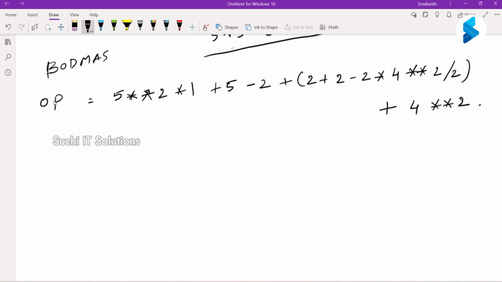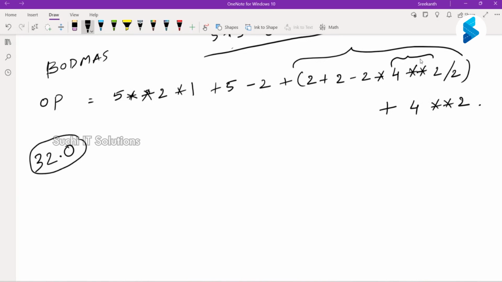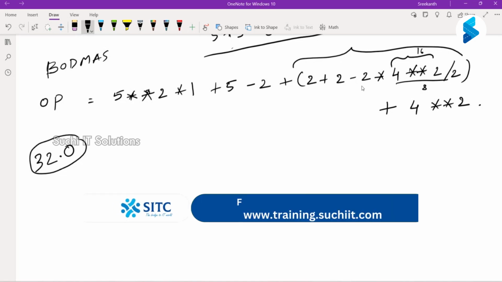32, sir. It would be 32.0. Right. So tell me, as per that, this is the first thing that we should execute. And again, within this, there has to be a priority, right? So here the first priority goes for this 16/2. This result will be 8. That is 2 into 8 would be 16. Right. 2 plus 2 minus 16. 4 minus 16 would be